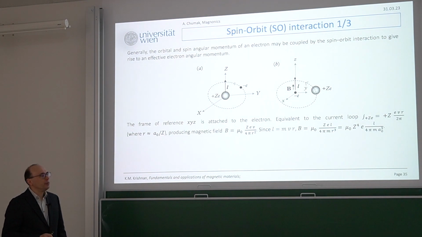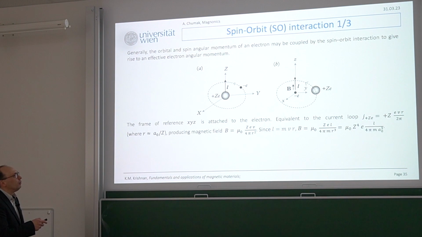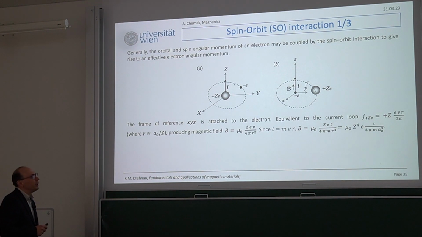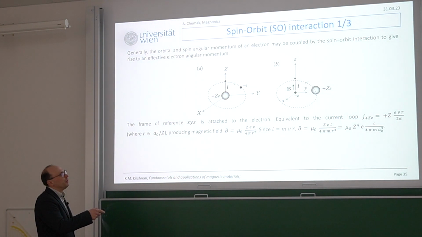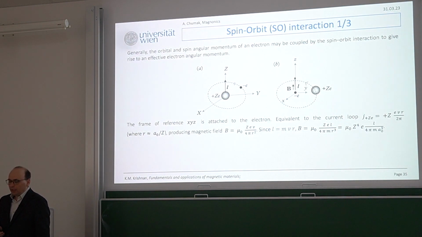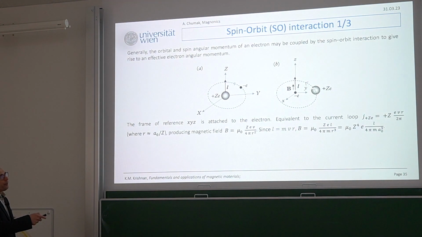The easiest way to describe spin-orbit interaction is presented here. What you do is switch from the x, y, z coordinate system coupled to your nucleus to a new system, x, y, z in small letters, coupled to your electron. So more or less, it is a new coordinate system which rotates around the nucleus. This is just a little trick, because in this case then your nucleus, which has Z